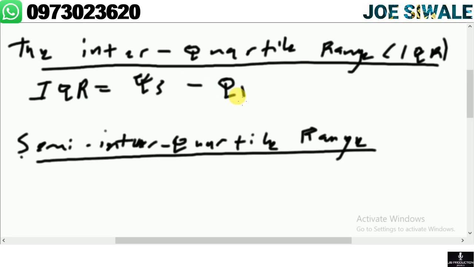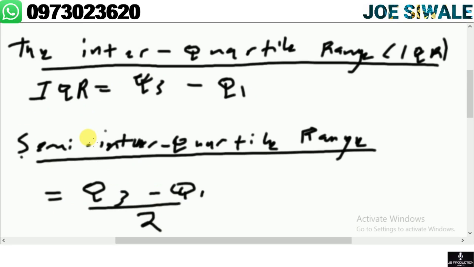So that's the formula for finding the interquartile range. For the semi-interquartile range, we say our Q3 minus Q1 divided by 2. So if you want, you can just say the interquartile range divided by 2. That's the formula of finding the